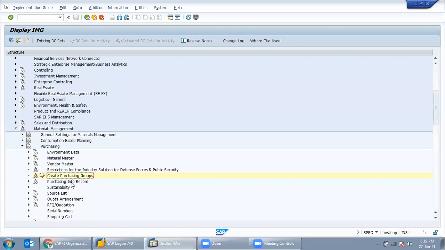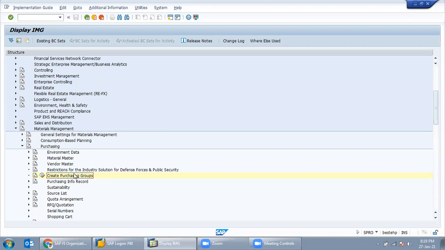Suppose in a company there are many types of departments, or many types of people creating purchase orders. While creating a purchase order, they must give the purchasing group. With the purchasing group, we can get the report accordingly, that how many purchase orders have been created by the IT department, by the finance department, or another department.